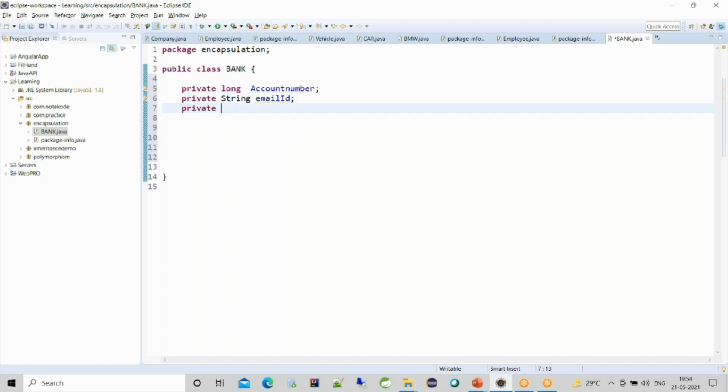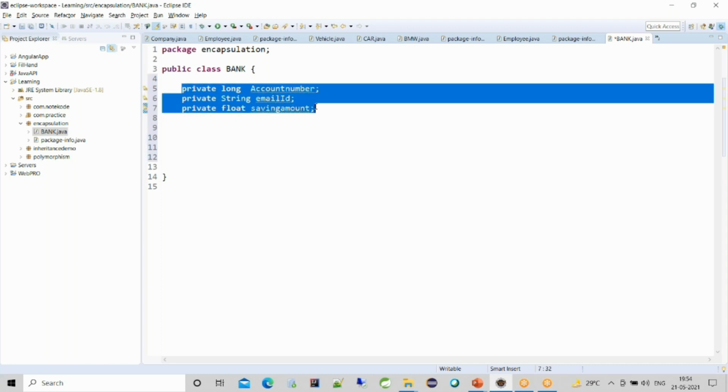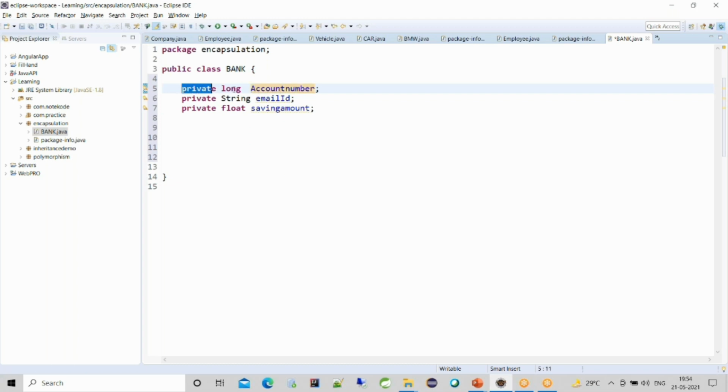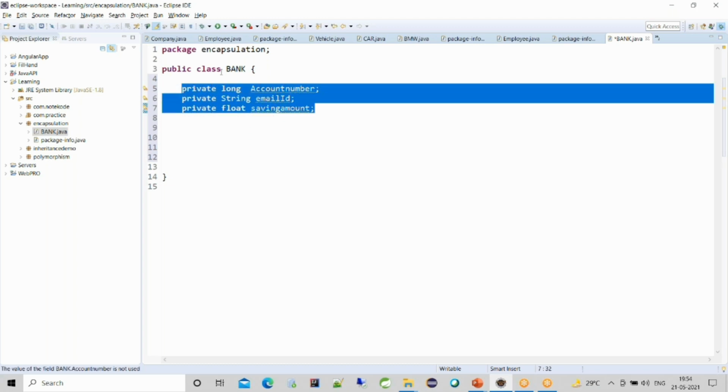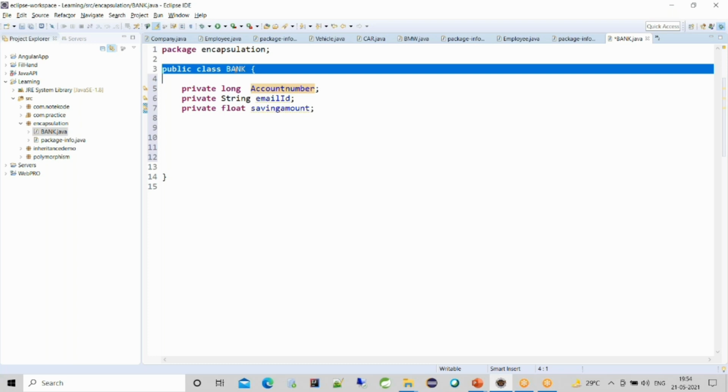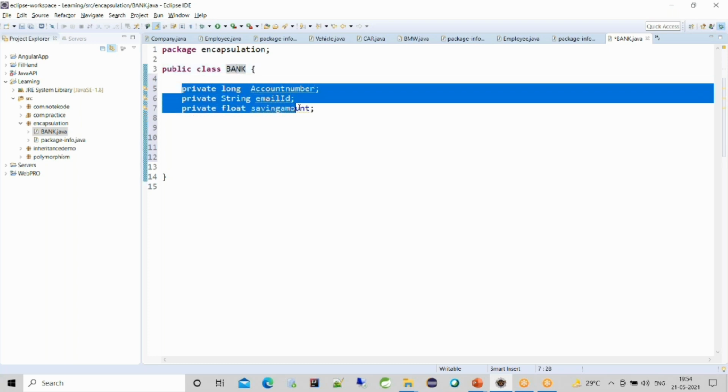A bank will have the amount in your account, so let me declare it as a float saving amount. So these are the three data members, or variables, that are declared private for this Bank class.